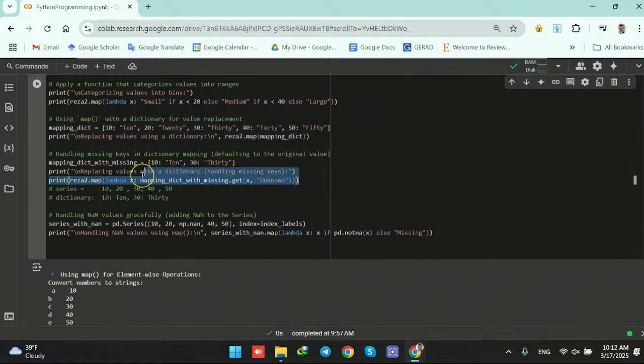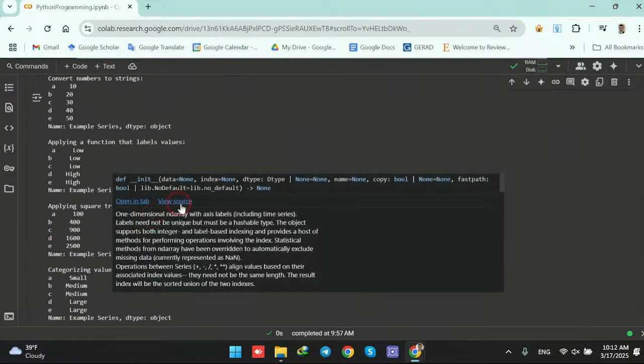Here we have a dictionary with 2 elements, while in our series we have 5 elements, so the missing elements are detected there. And also here we learned that if there is any value for certain labels, we are going to return them. Otherwise, if there is nothing there, we are going to write down the missing string